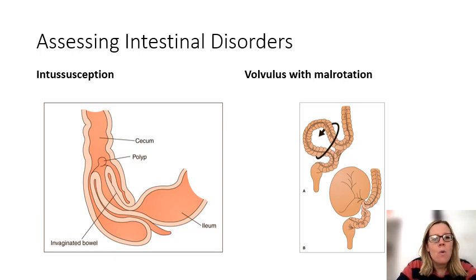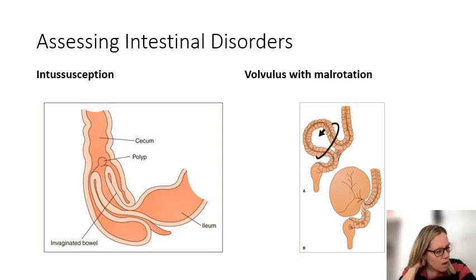Okay, surgical correction. One of the classical manifestations that is often seen with intussusception is red currant jelly-like stools. So bloody stools that resemble almost a red jelly, or we call it red currant jelly stools. Whereas the volvulus with a